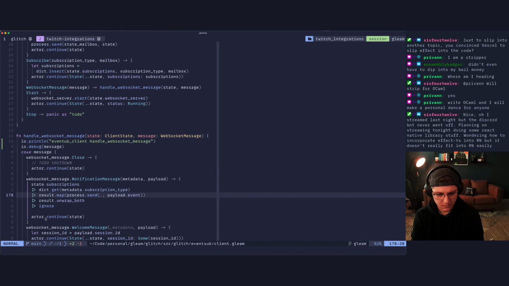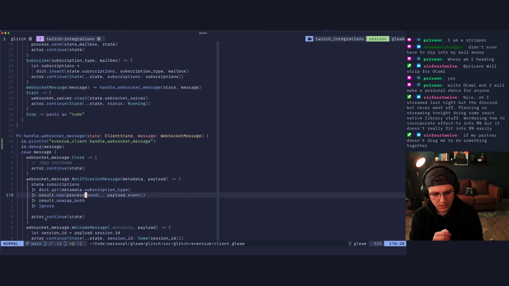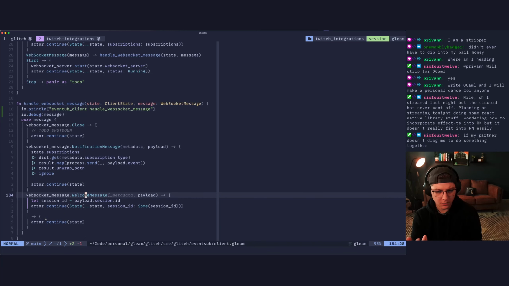Payload. Yeah, we need to fan this out. So the first thing we'll want to do, oh, right here. So I guess, oh, how do we want to do this?